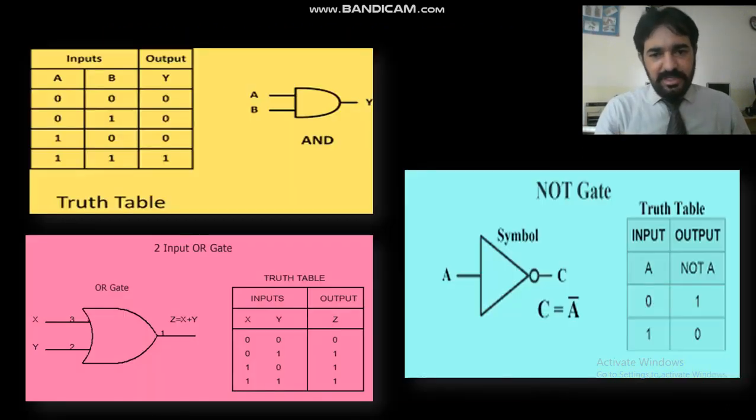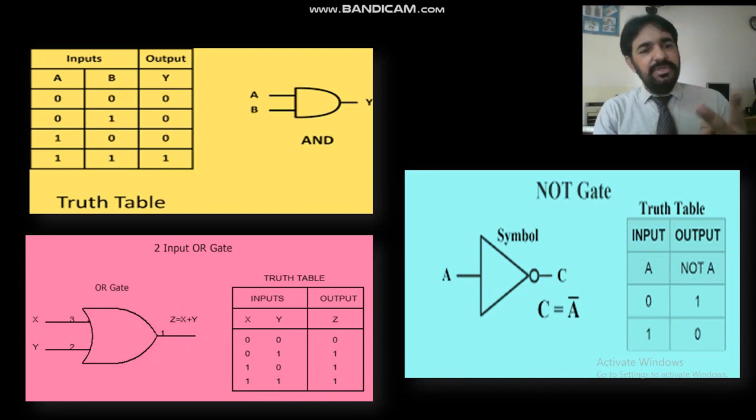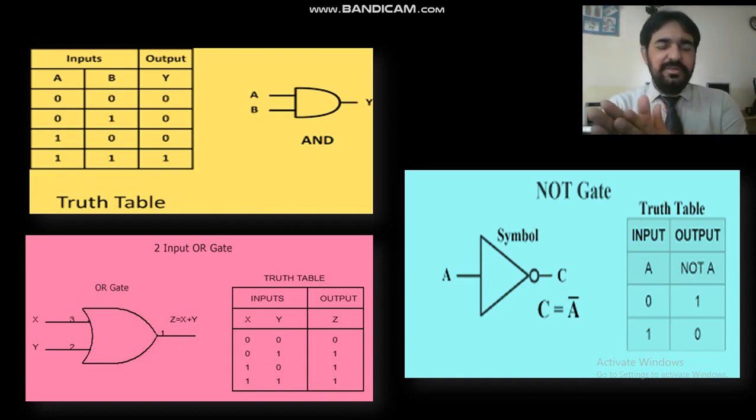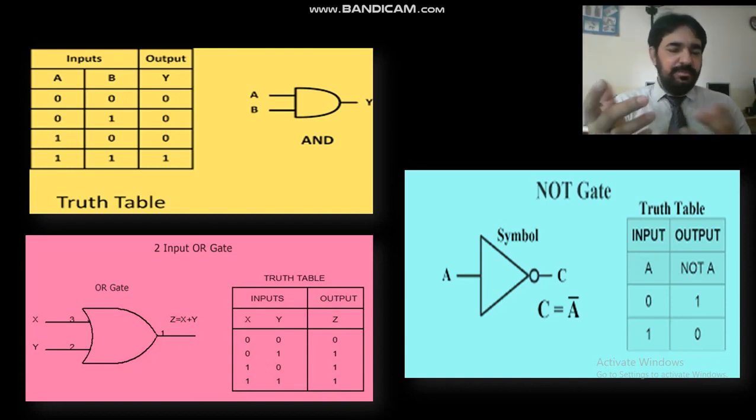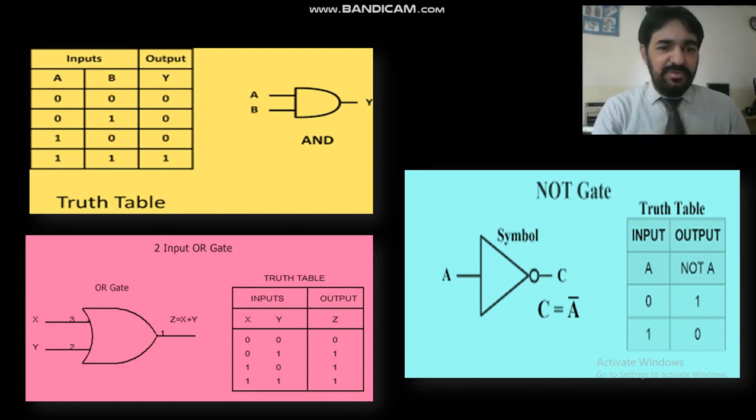So let's go to logic gates. These are basically truth tables for logic gates. For the AND gate that I was talking about, we need two inputs, A and B. You can see we have two input values, or two states, A and B, and definitely then we have an output by comparing or whatever formula we will apply.